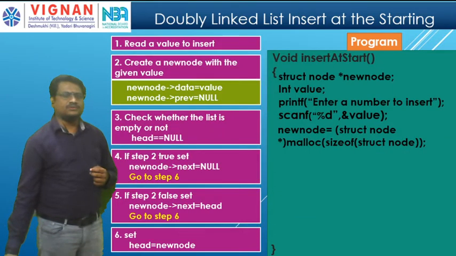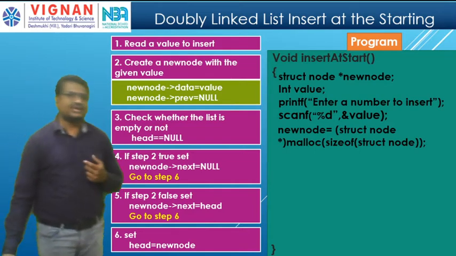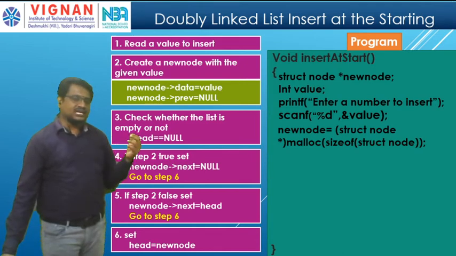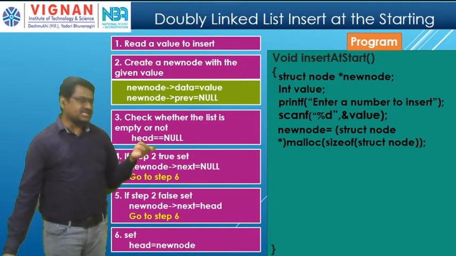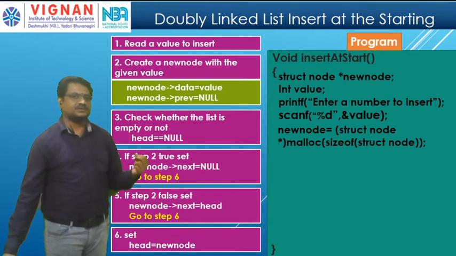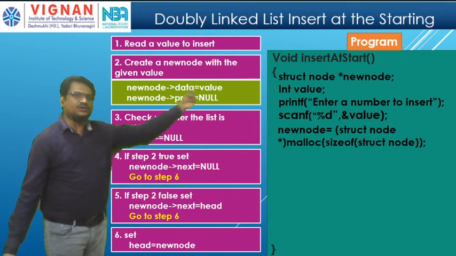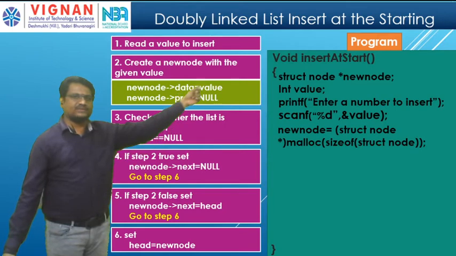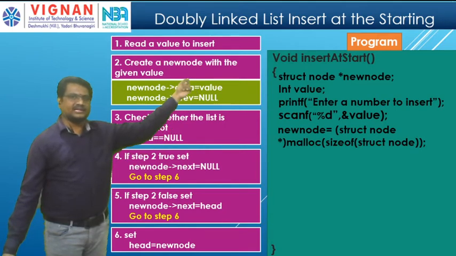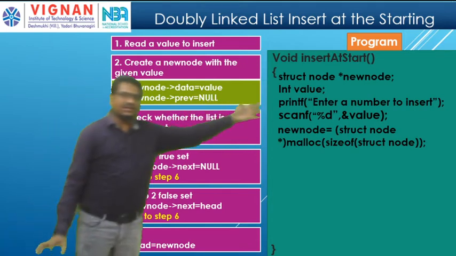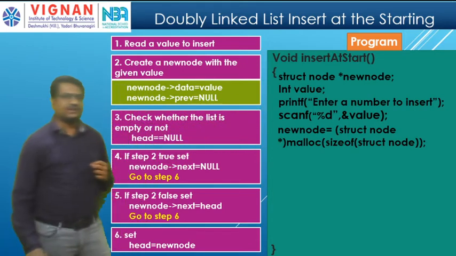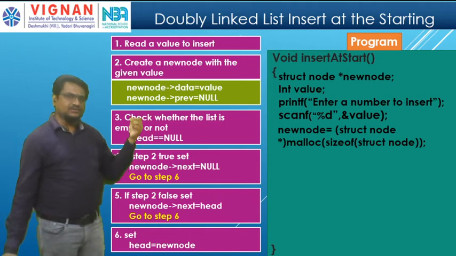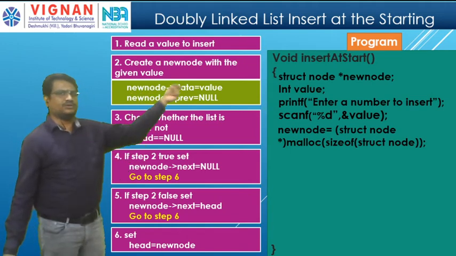Now next what do I have to do? Now I created a node, I reserved a space, so I have to store the data. First, as you see in the previous slide, it needs address, data and address. Okay, so for the new node, data equals value. So given value, I created a node with the given value. What is the given value? Value. I read the data into a value, as you see here in the scanner. Am I right? Now that value is stored in the new node data field.